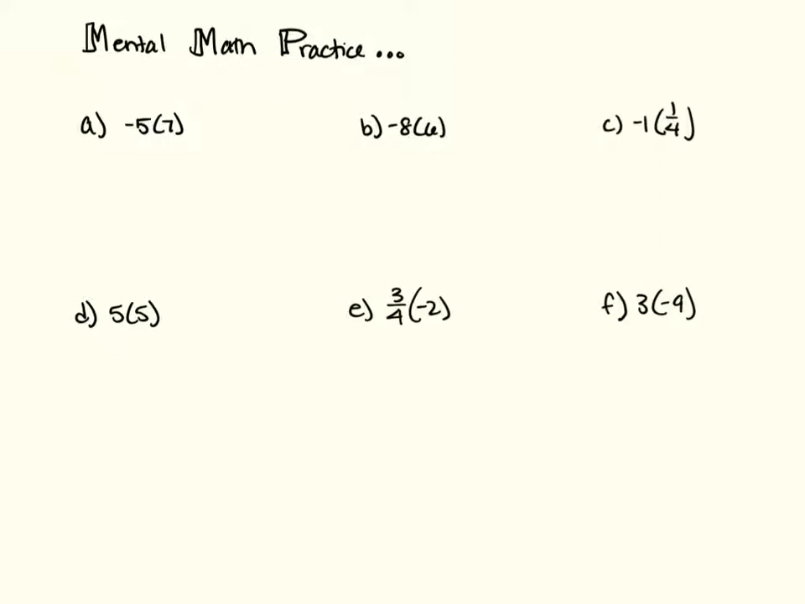So let's try it mentally, looking at the first one. I know that my answer is going to be negative because one of the digits is negative. And I know that 5 times 7 is 35. Same thing with B. I know my answer is going to be negative because I have 6 groups of negative 8. Remember, we can rewrite it like this. So 6 groups of negative 8, that means my answer is going to be further negative. 8 times 6,